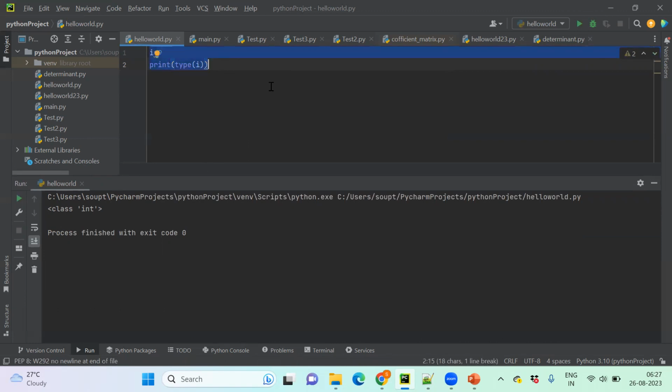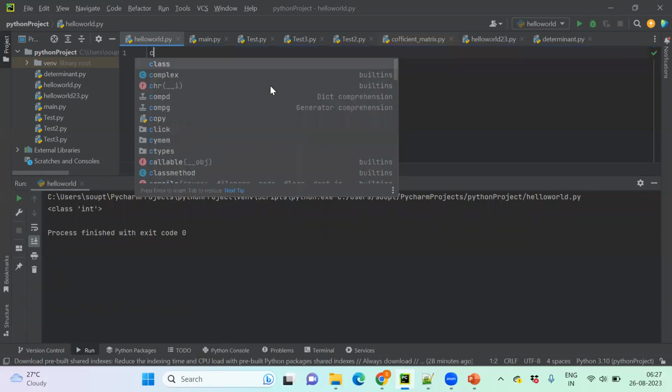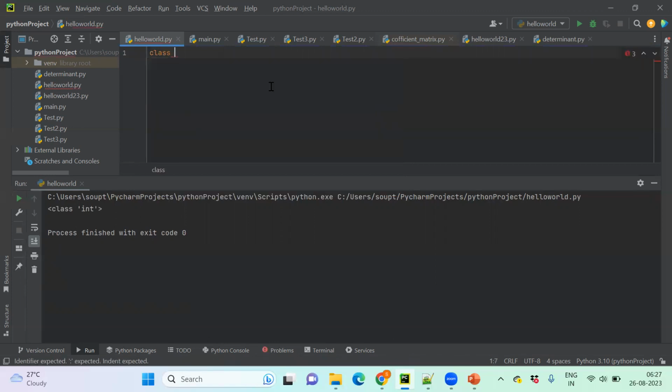So how can we build our own class? Suppose I'm building my own class. How do we define it? It's the class keyword, then put, suppose, new underscore class. This is my first class. Put a colon